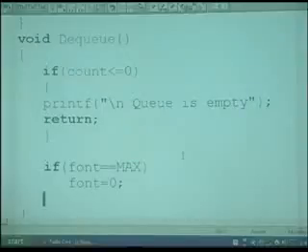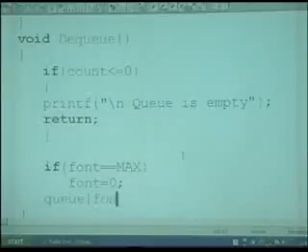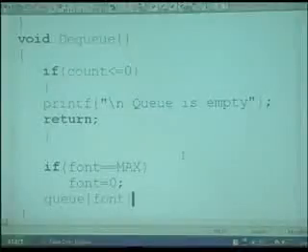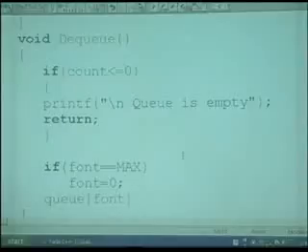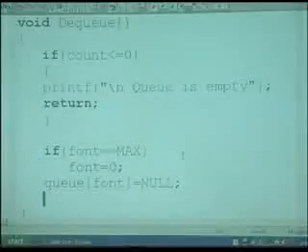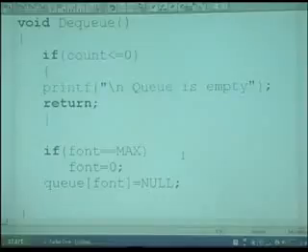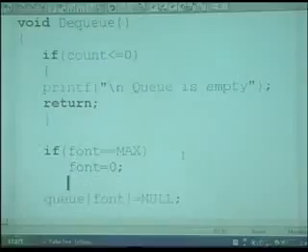How do I delete it? I'll make it like this: QUEUE of front is equal to, let's put null. I am just removing this element, or here you can print it before you remove it. The meaning of Q of front equal to null is that I am deleting it.